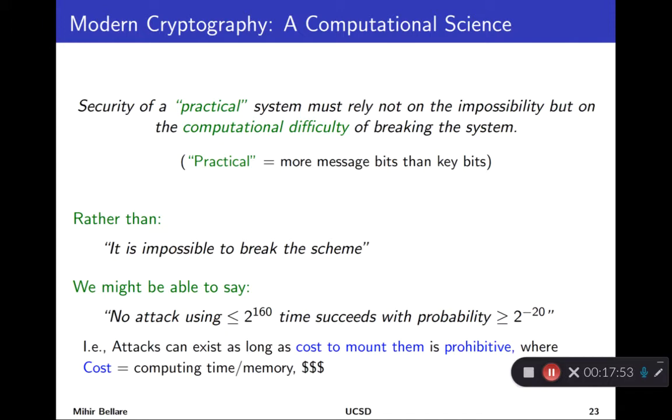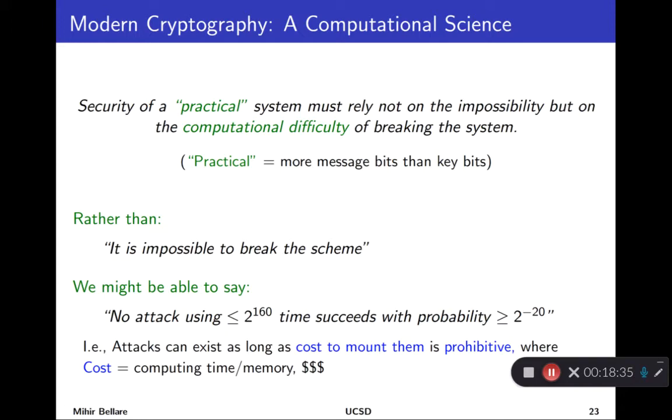And what modern crypto says is that we're no longer going to require or want that it should be mathematically impossible to get information about the data from the ciphertext. What we're instead going to say is that the amount of computation you have to put in to get such information is prohibitively large. So in principle, you could actually break the encryption. You could take the ciphertext and find out stuff about the message. But the amount of computing power you would need to do that can be made so large that for all practical purposes, it's just not possible to get this information.